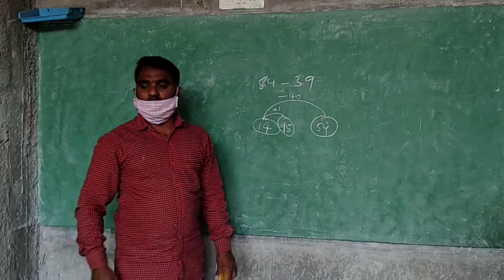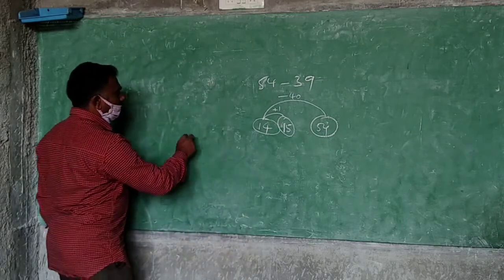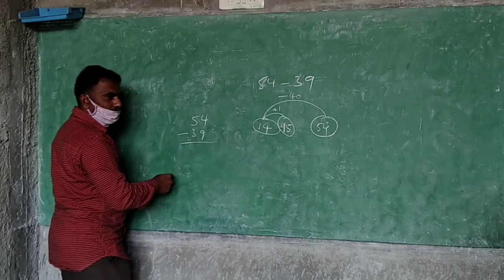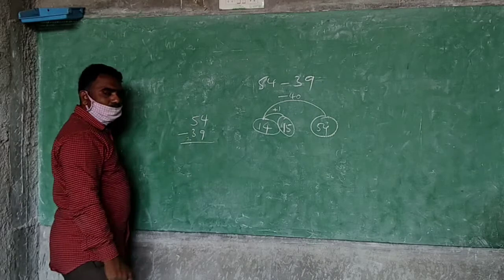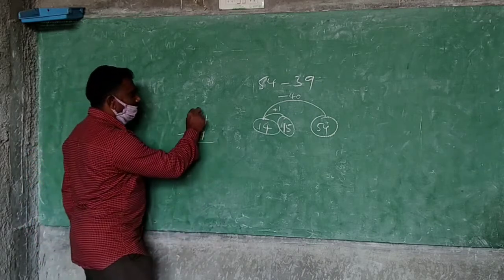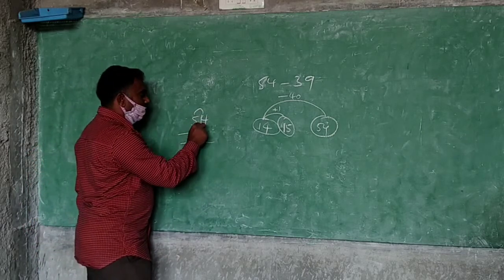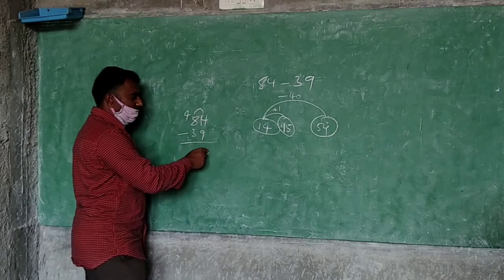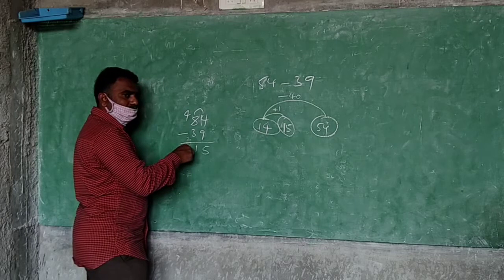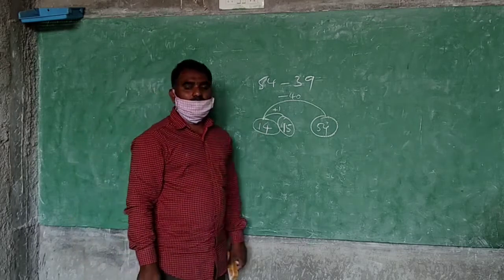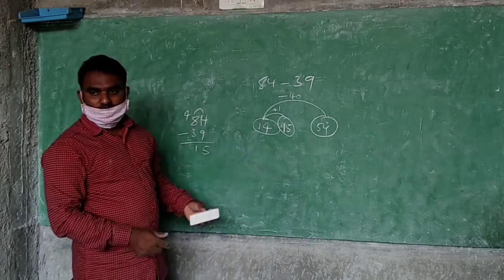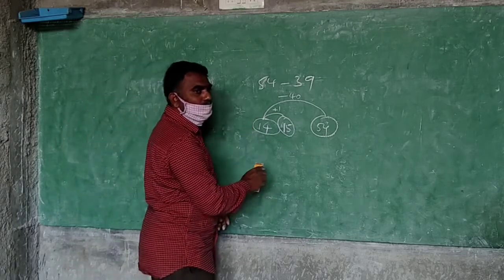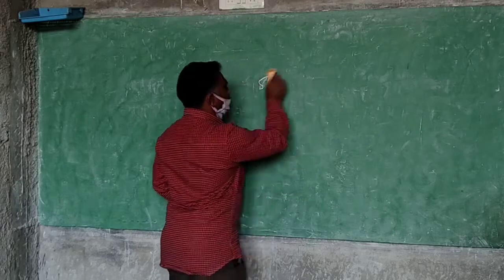Than thinking the borrowing, you will take like this, no? 54, 39, minus. Means what you have to do? From 4 to 9 you cannot subtract. So you will take the borrow. You will take 1 here, you will cut it. This much lengthy process. 14 minus 9 is equal to 5. Then 1. This is lengthy process. You see, this is very easy, no? Easy process, no, it is? So do you understand this process easy? You see now.